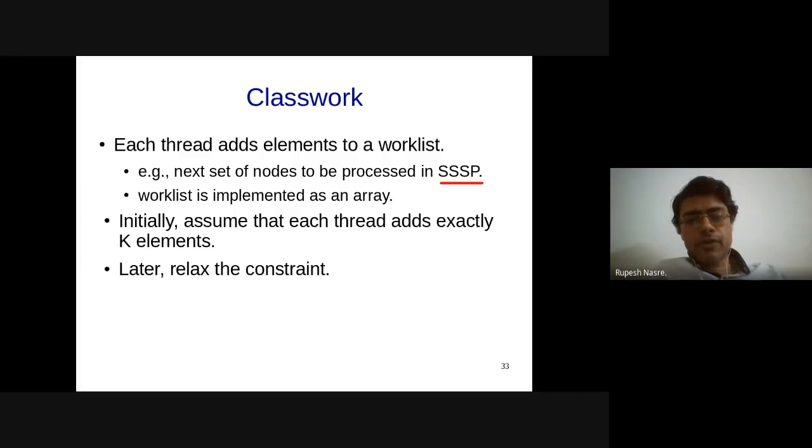What will be the effect of using atomic increment instead of atomic add? First of all, will it ensure that similar processing is going to get done as what we were doing using atomic add? And are there any differences with respect to using atomic add versus atomic increment? So just to recall, atomic increment increments the value of counter by 1.